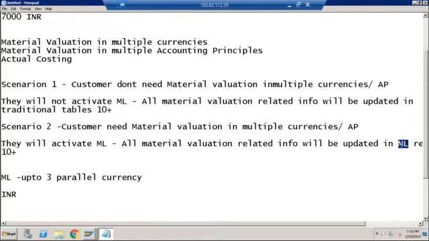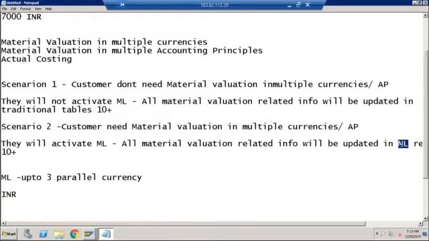If my customer needs multiple currencies, multiple accounting principles, or actual costing functionality, only in that case were they activating the material ledger functionality. Now in S/4HANA, there is no option of traditional valuation at all. Traditional tables are completely gone, only material ledger tables are available.